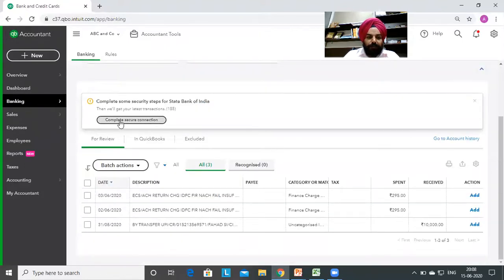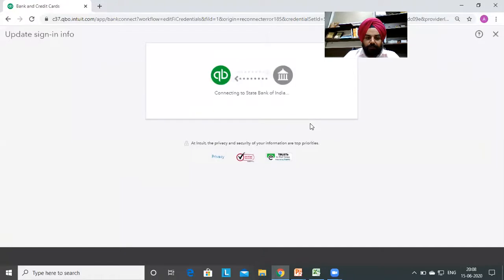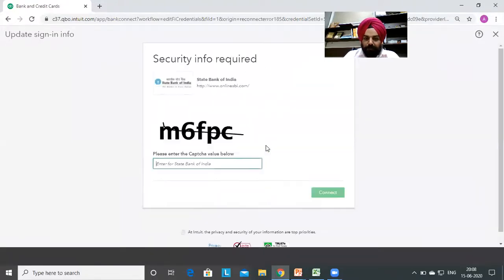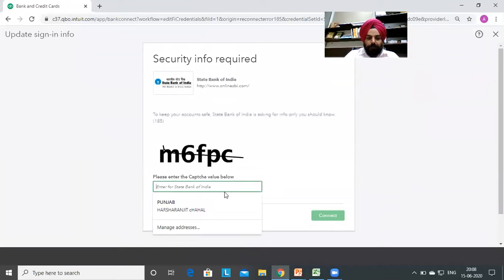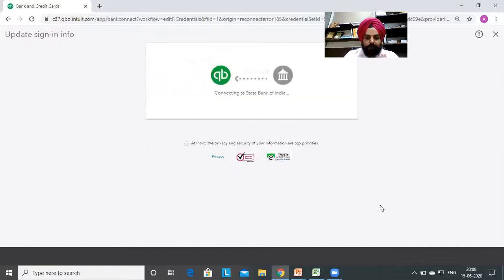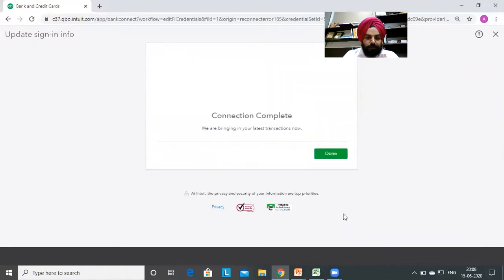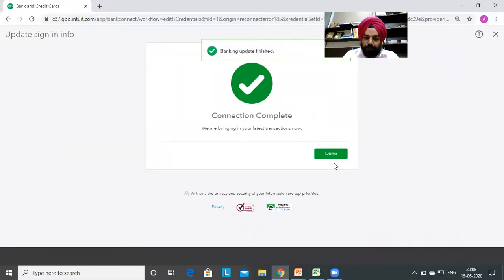So it is asking for a secure connection from me. Now I will go to this, because it will ask me for a password again. Okay, I will connect again. This time it will not ask me any passwords, because it is already saved.